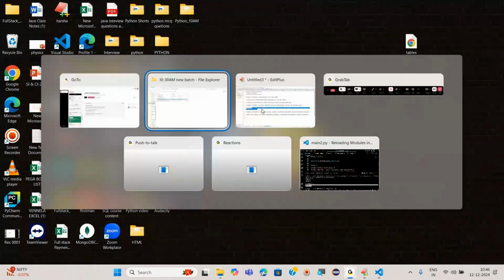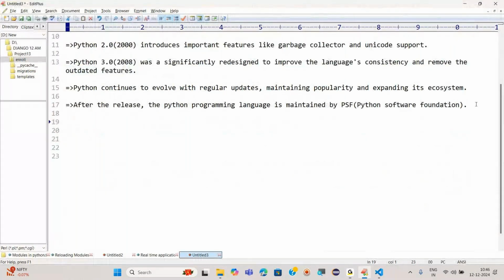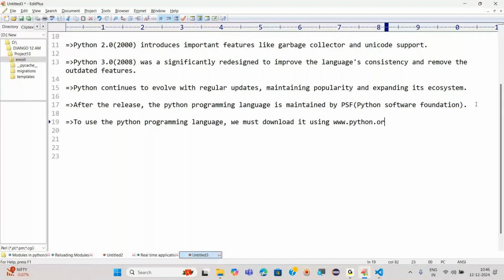And one more thing you can write here in the Python history itself: to use the Python programming language, we must download it using www.python.org, using the website, which is the official website for Python. So just use this particular website, copy this,